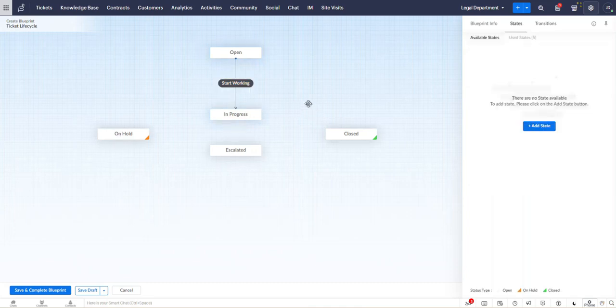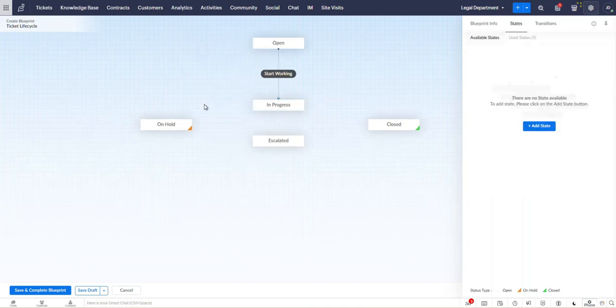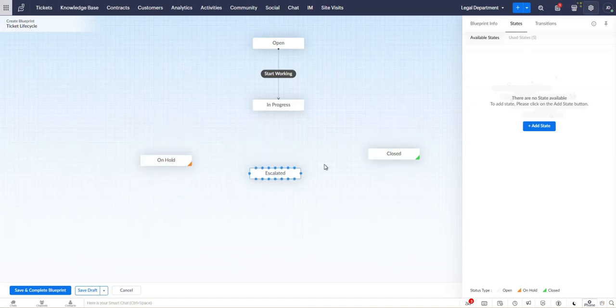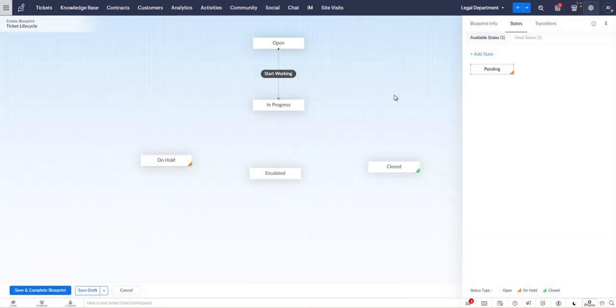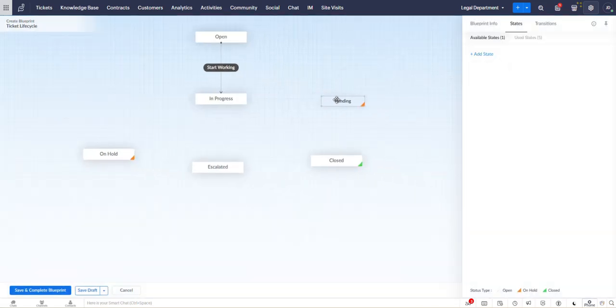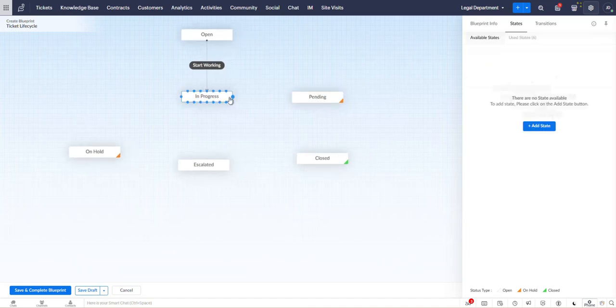So next, now that we have our transition from open to in progress, we want to have another status. Let's say we want to add a pending status, or we can use on hold. Yeah, we can use a pending status. It's an on hold type. So we add that and drag it here. Then from in progress to pending,